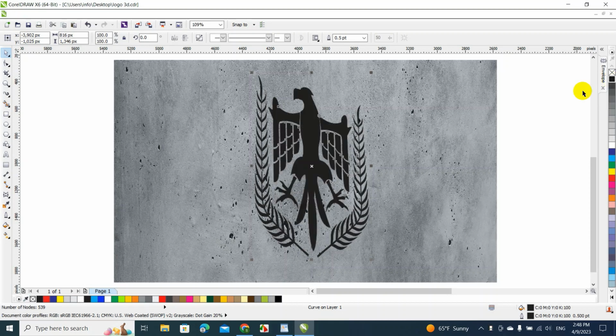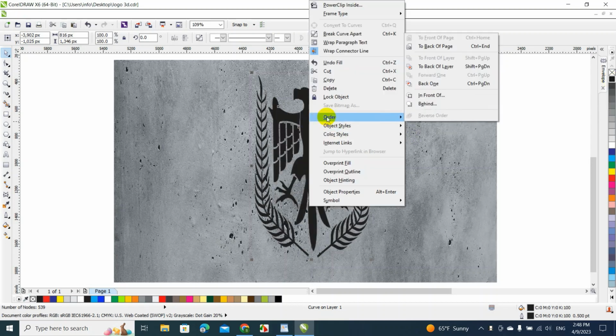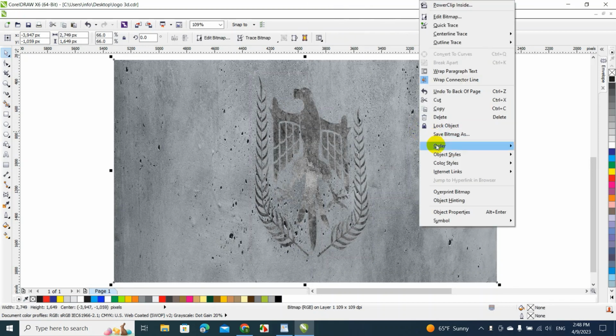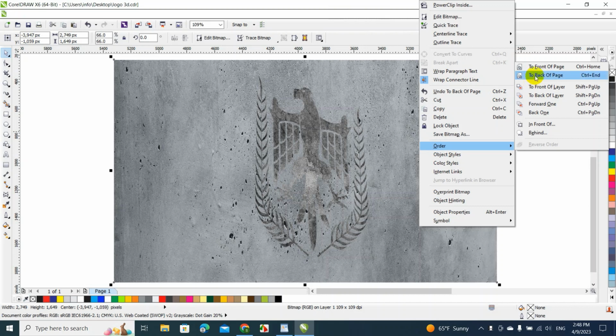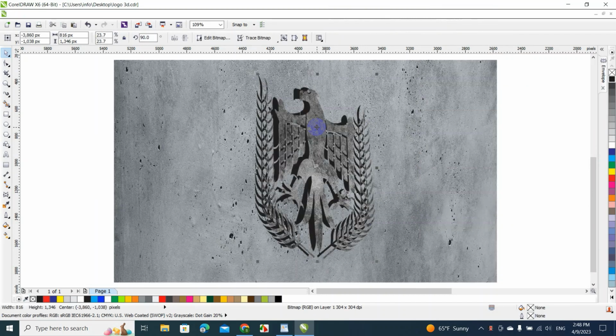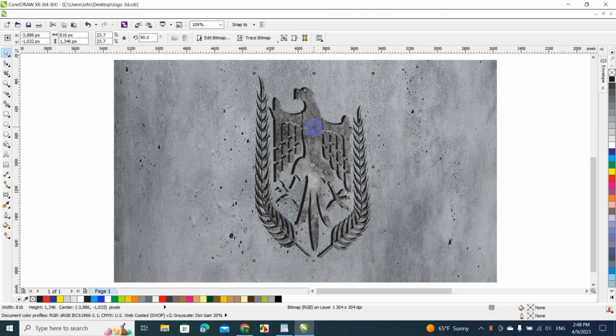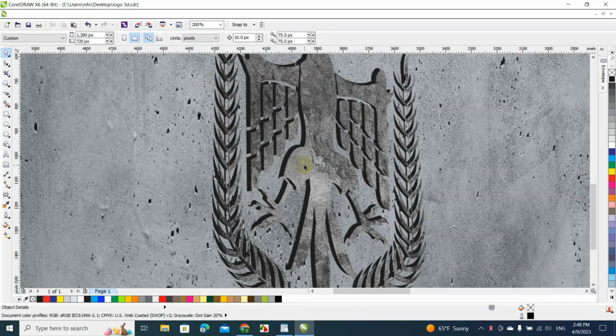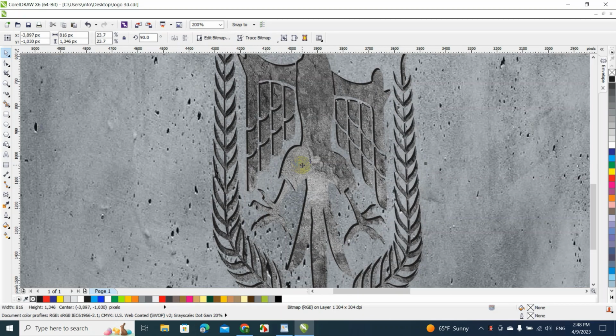All right, what that does is it creates a shadow to the back. Now let's move this here, and there it is. You can still work on the image and put it closer to the shadow